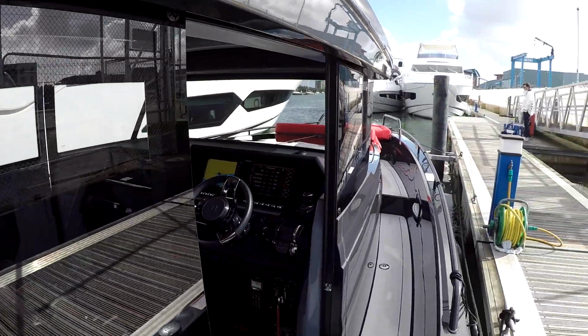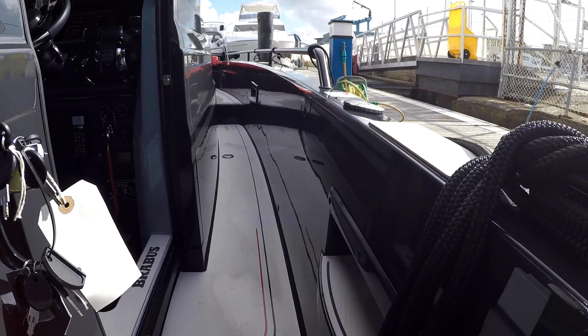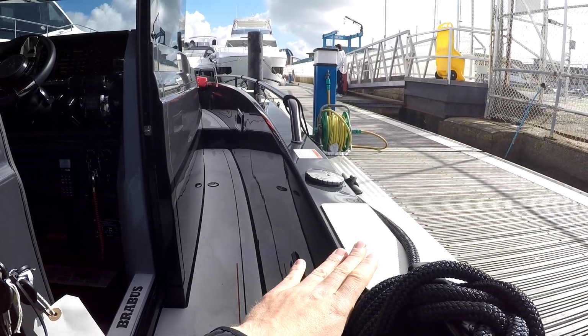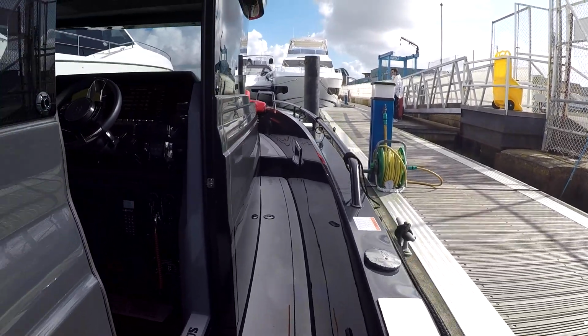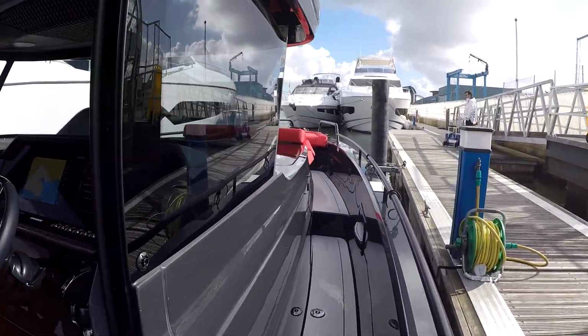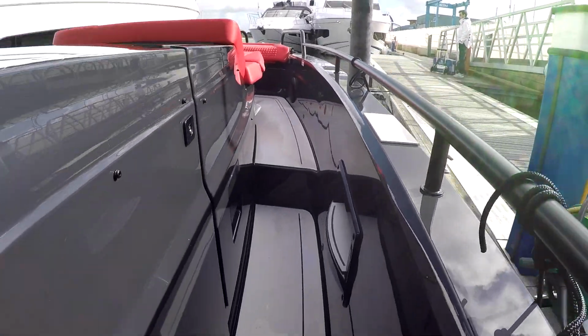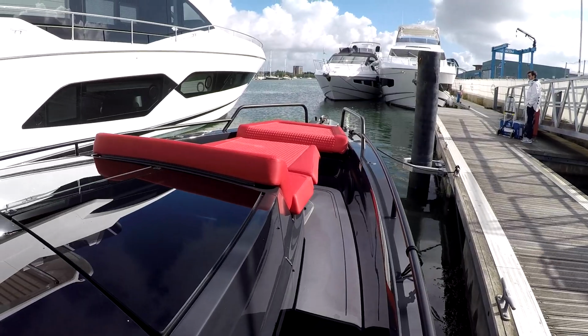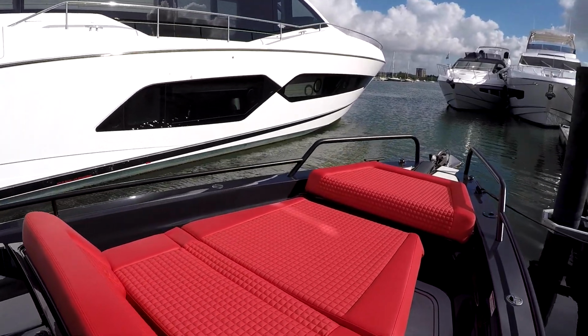As with most Axopar 37s, the newer models, you do have a small step just here and also a step up onto the side gunnel there to help you onto the pontoon or up onto that roof. But actually on this one, on the Brabus Shadow 900, we've actually got another step just here as well, a bit further forward. Coming up onto the bow area while we're here, as we've seen on my side deck walk through,